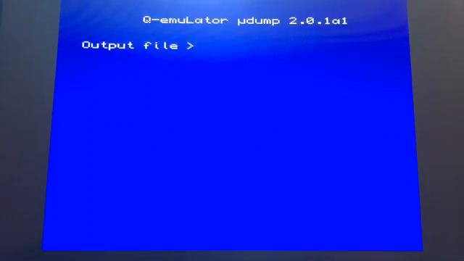The copy crashes, and so mdump can dump it very well, and